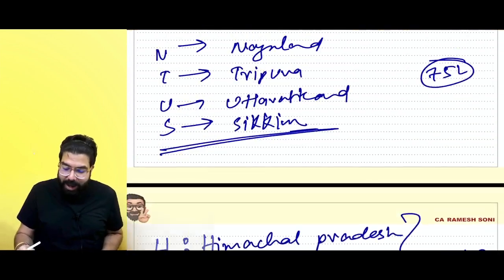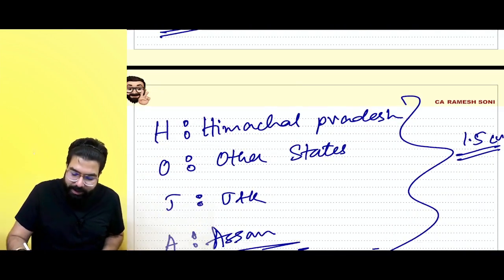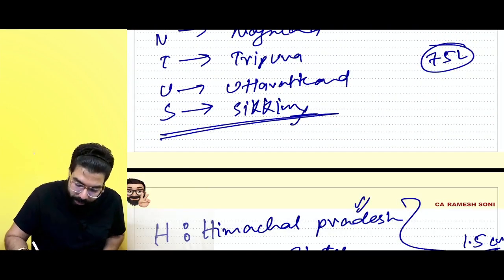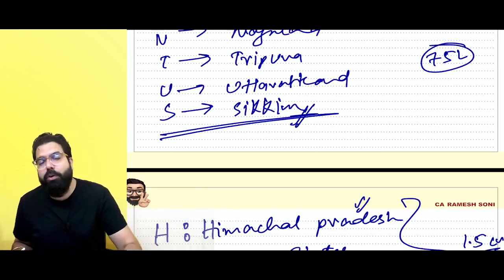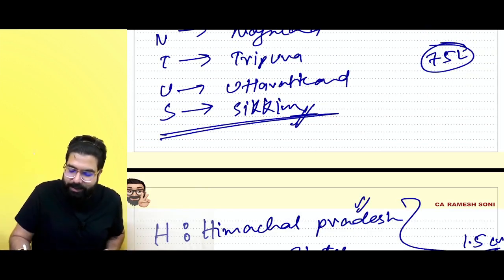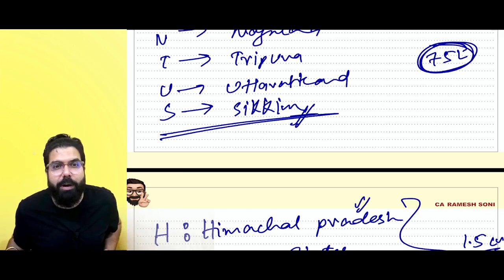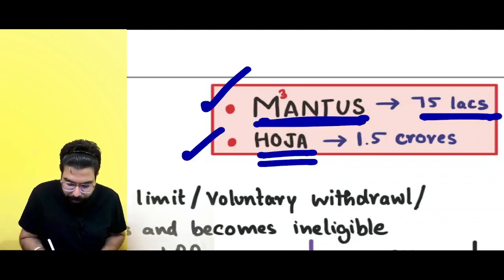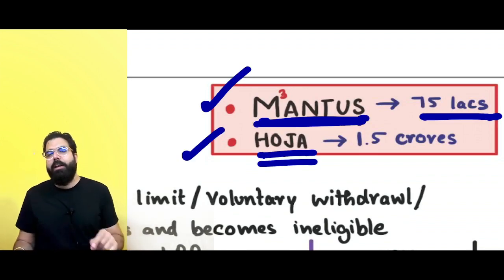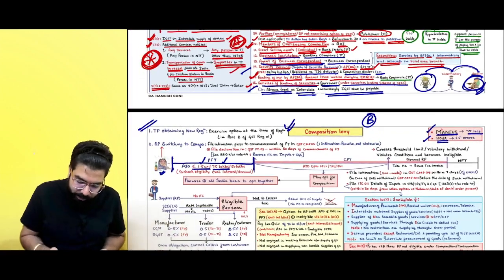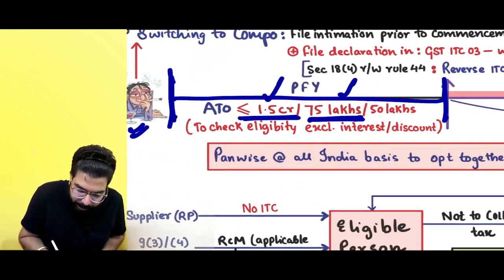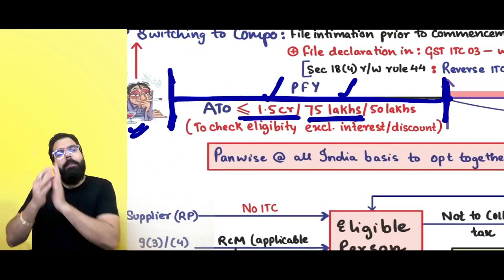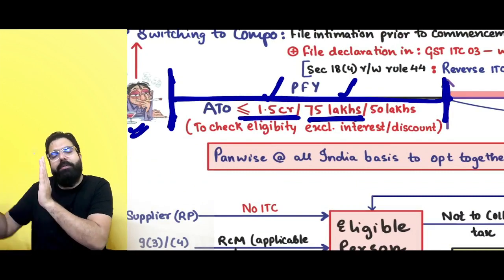Sir, what if I am in both? If one registration is in this state and one registration in that state also, then for you the lower limit will apply, that is 75 lakh rupees, because aggregate turnover is seen on an all India basis. Done, sir. Point is clear. In the case of Mantus, 75 lakh rupees; in the case of Hoja, it is 1.5 crore. Okay, sir. So if your turnover in the preceding financial year was up to 1.5 crore or 75 lakh rupees,